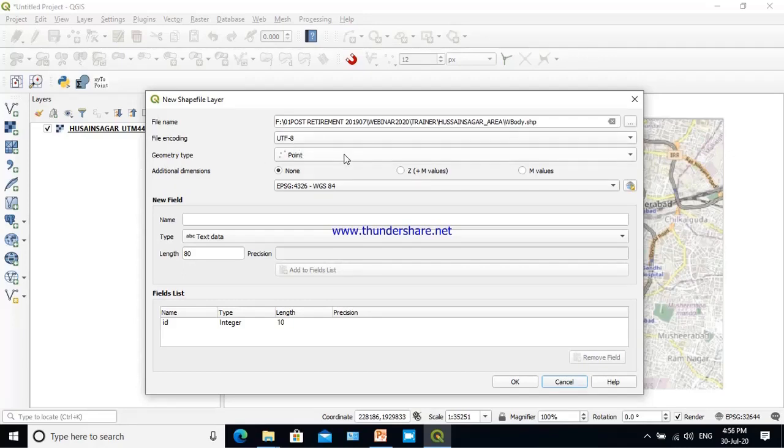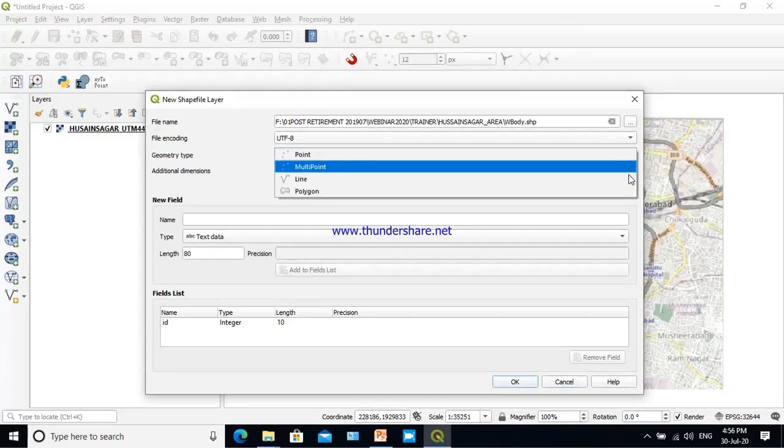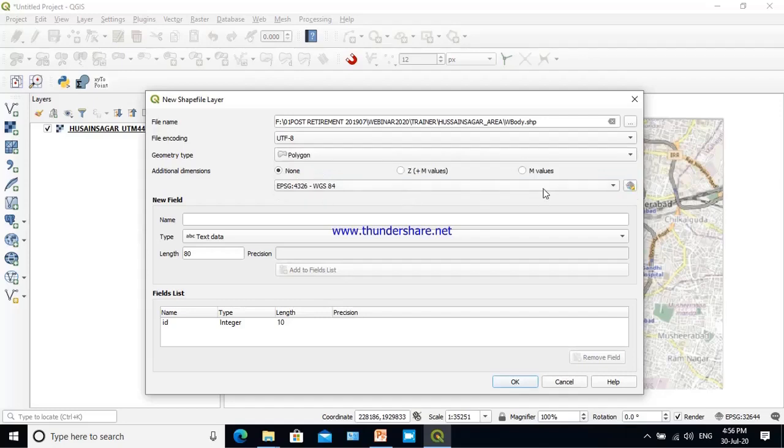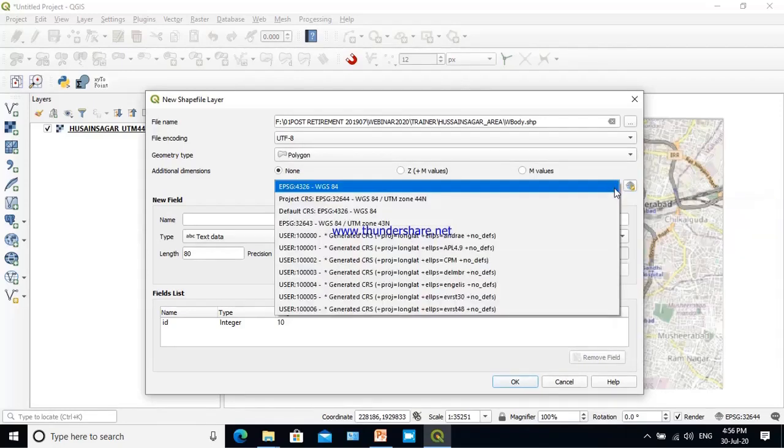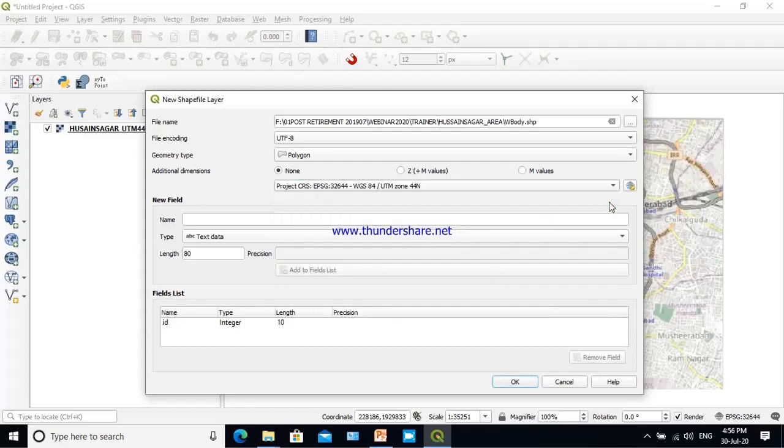So here the geometry type, what we decided, water body will have polygon. The projection is 32644. Assign this. Now we are going to name the fields as we had decided. The first field is ID.